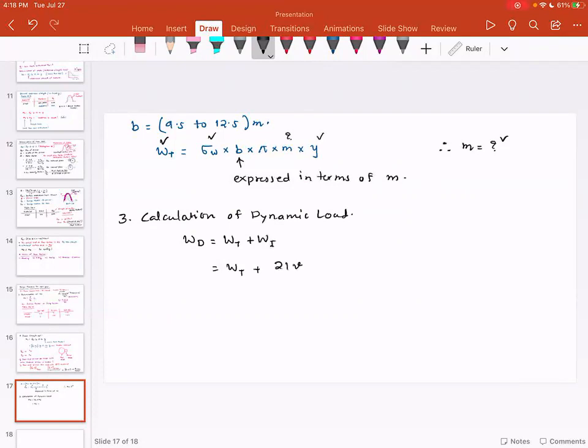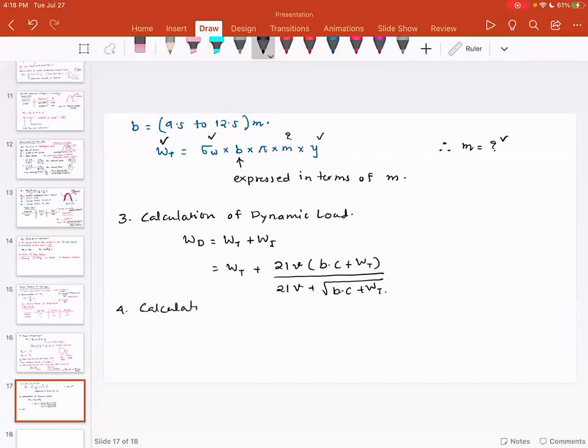WI is given as 21V times (C plus WT) divided by 21V plus square root of (C plus WT). And once you find out the value of WD, in the next step,